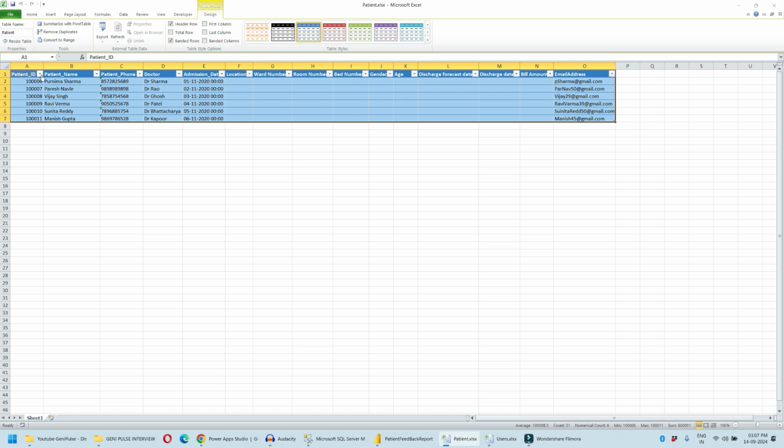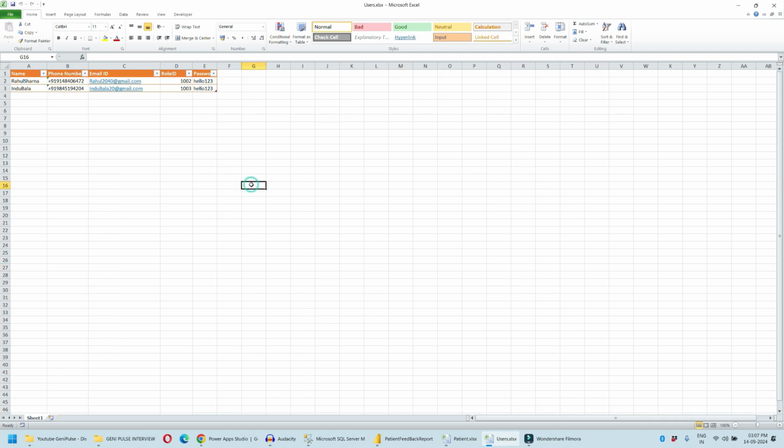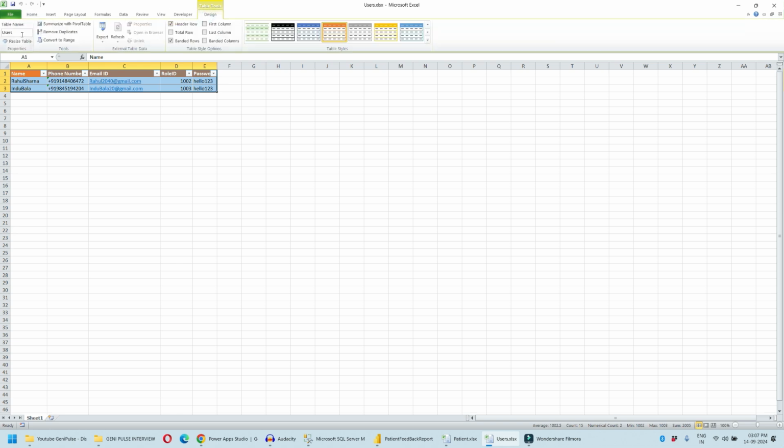And once you've done that, there is a table name field over here. Just enter the name of the table. Once you import this Excel sheet into Power App, you will see this table name appear over here. I have given the name of this table as Patient because it's a patient sheet. Another sheet which was provided was a user sheet. Here I have also selected all these records, and in the Design section I've added the table name as